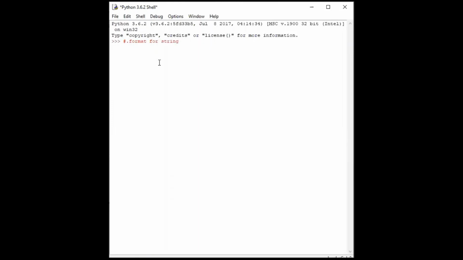So hash means here is a comment. If we want to comment one single line, we can comment by placing the hash in front of the statement. So, for example,